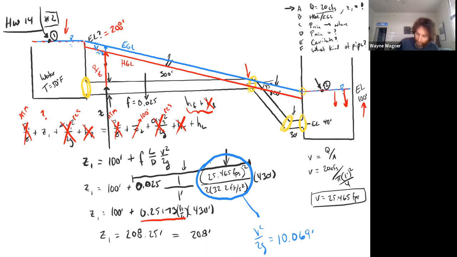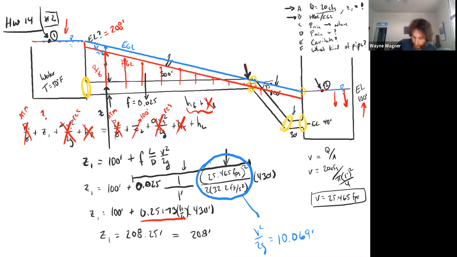Hold on, let's check that off since we're on to the next thing. We know where the minimum pressure is because we can just look at this and see where the HGL drops below. Really what we're looking at is, here's P on gamma, here's P on gamma, here's P on gamma, here's P on gamma. And then we're getting closer and closer and closer. And all of a sudden right in here, maybe it goes a little bit negative,